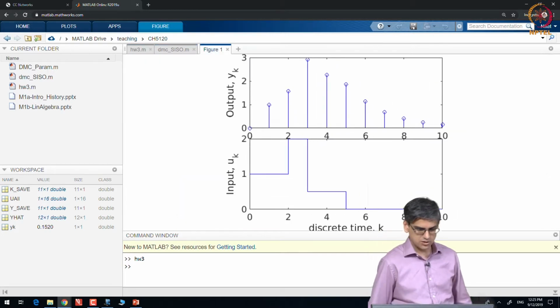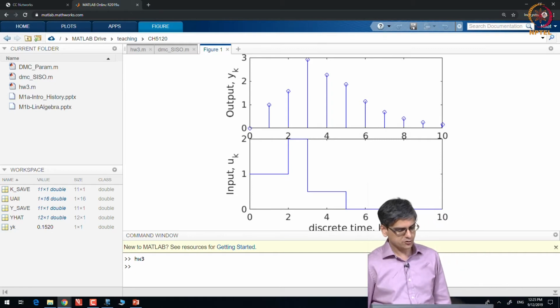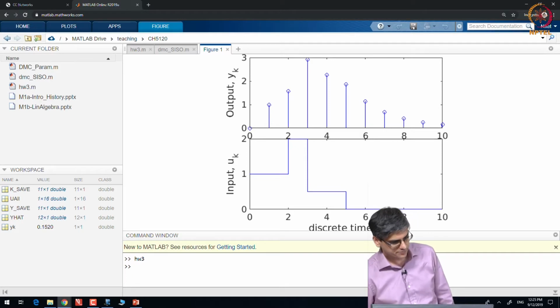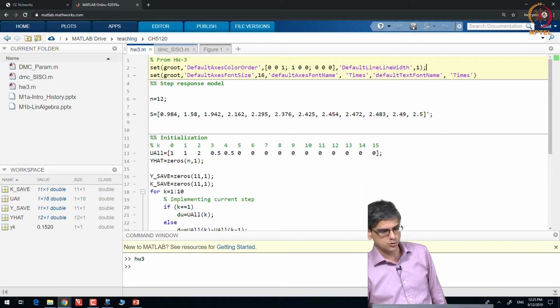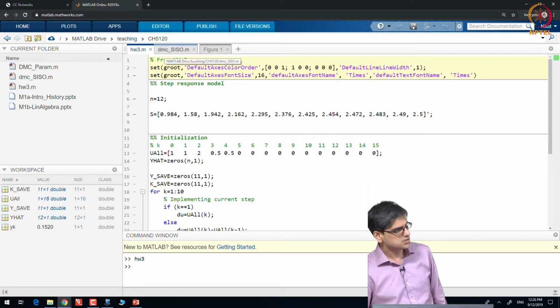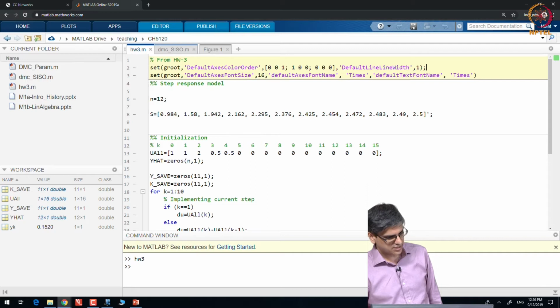Okay. So, this was your homework, right? I had given you a bunch of inputs, and to that you had to get a bunch of outputs. Now, I'll get to why I am showing you the homework over here. This is the code that I have written, pre-populated for the DMC controller. If you see the code, the only thing I have changed